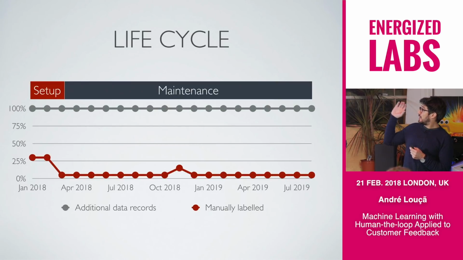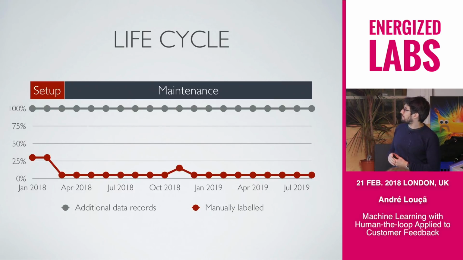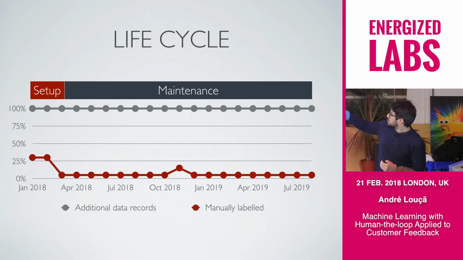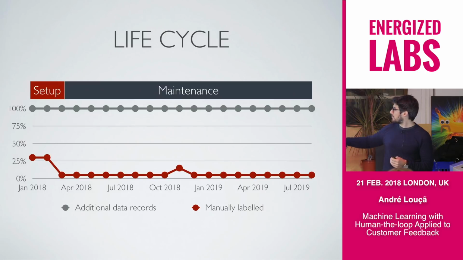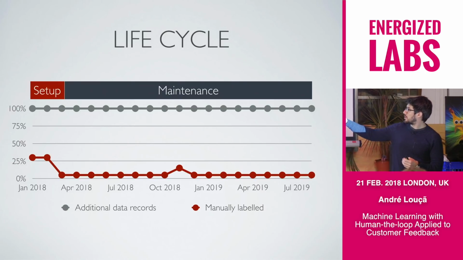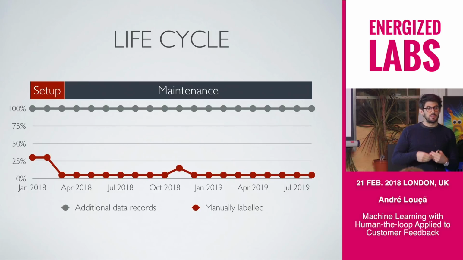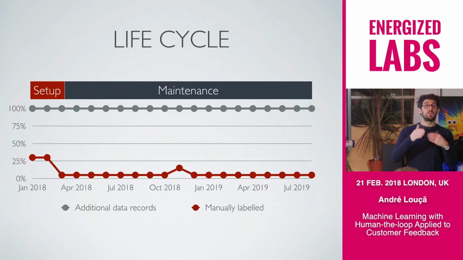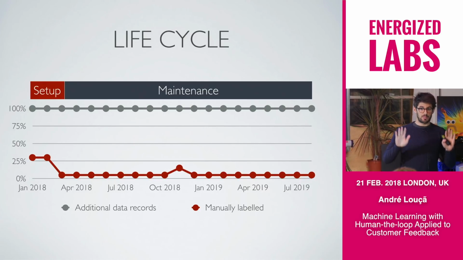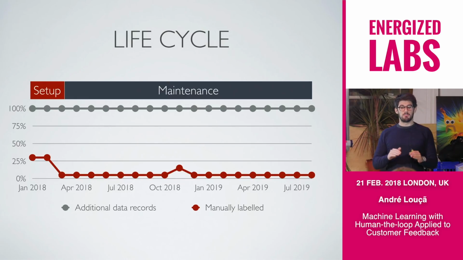So this is a scenario of a life cycle of optimized learning, where we started with nothing labeled at all, and we have a setup period. This represents time. You have a constant input of new data. And for the first two time points, the labelers are labeling 30% of the data set to generate the models. Once the models are set, hands off, now let's just maintain the models.